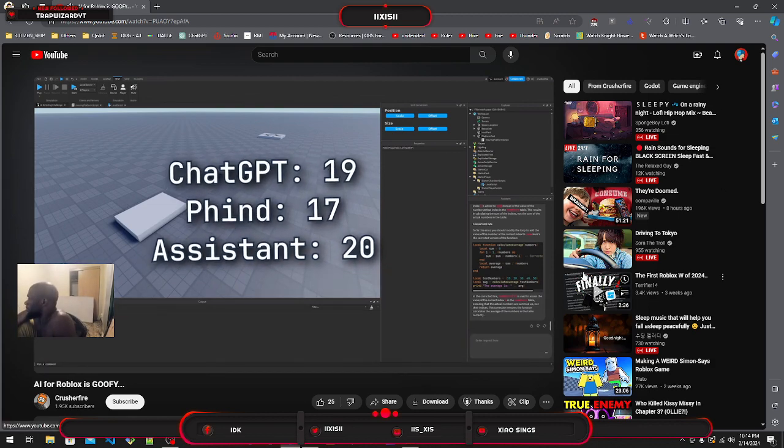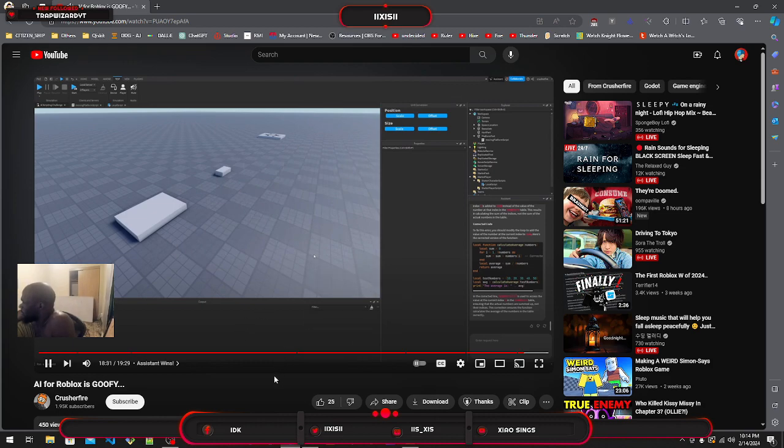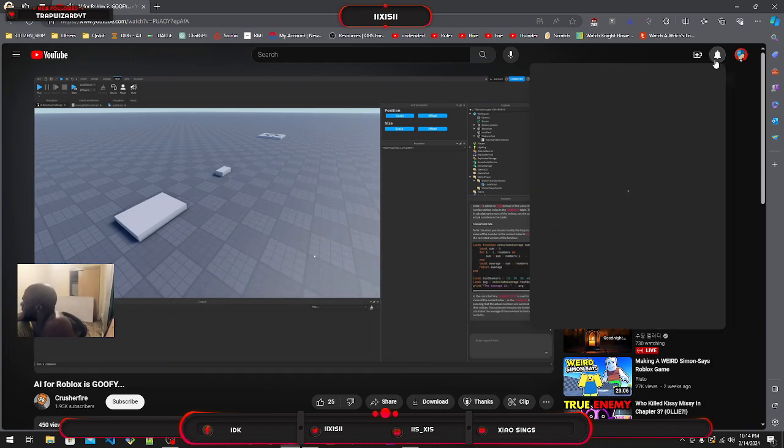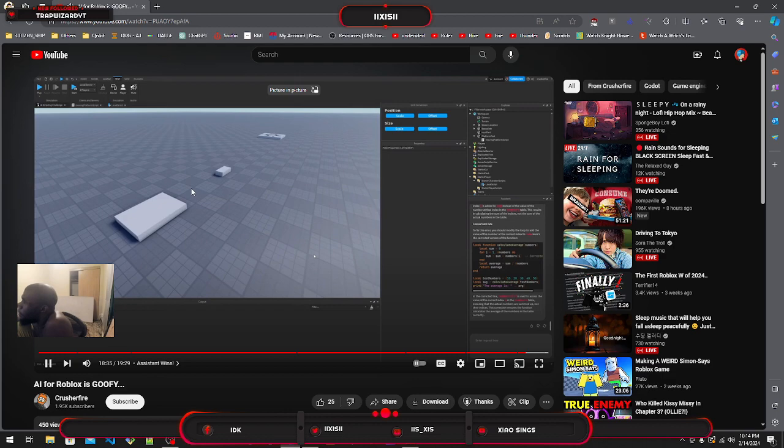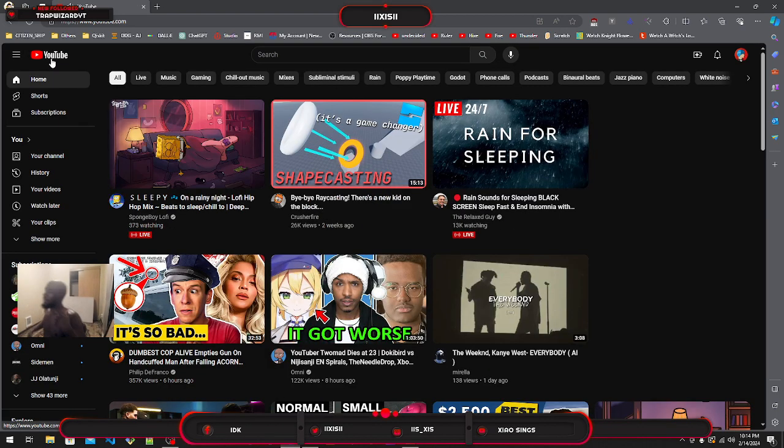Well, the conclusion is that these AI aren't that good at coding. If you want them to perform simple tasks, they can do that just fine. They can do a simple task only, not something more than that. But you can get around it, you see. You can ask questions about